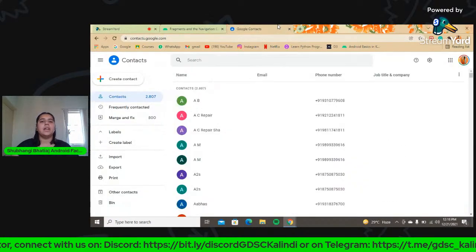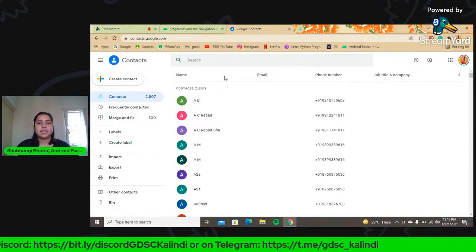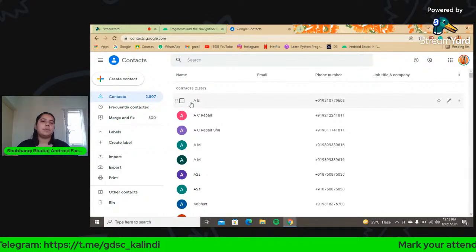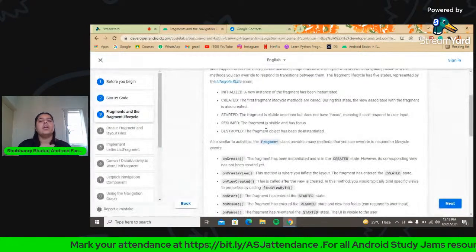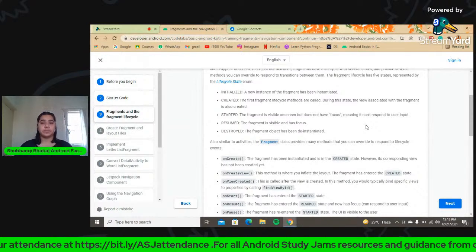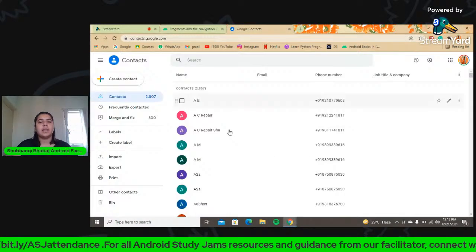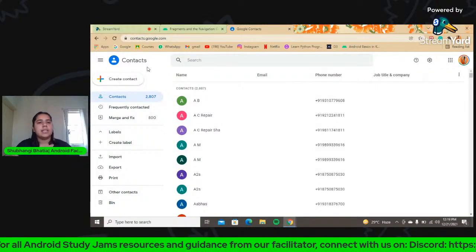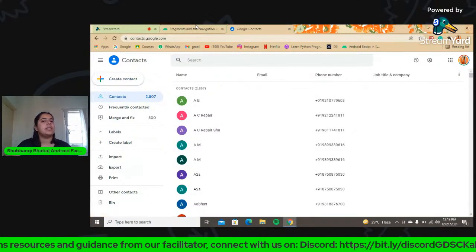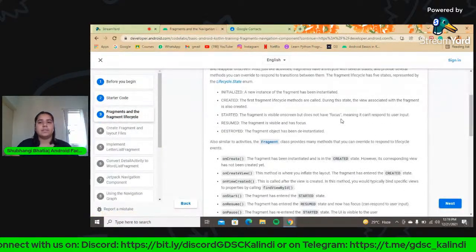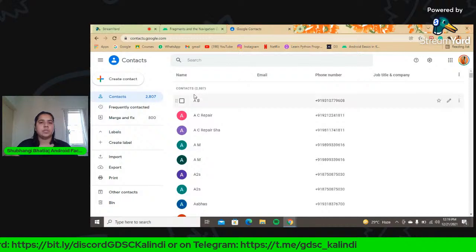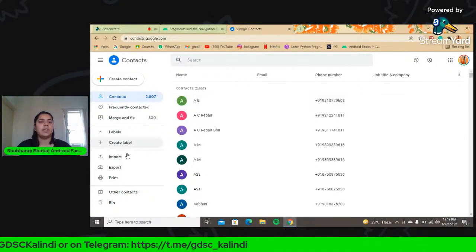माने इस पूरे में अभी ये फ्रैगमेंट स्क्रीन पे विजिबल हो गया, जब तक मैं यहाँ नहीं आई थी इस पे फोकस नहीं था। यू सी अभी एसी रिपेयर पे फोकस नहीं है, इट्स जस्ट विजिबल ऑन द स्क्रीन, नाउ इट हैज फोकस एंड ऊपर वाले पे फोकस चला गया। सो समथिंग लाइक दैट, the fragment is visible on screen but, और अभी जब मैं इसके साथ जो भी कर रही हूँ, this fragment is visible on my screen but it didn't have my focus, now it has my focus. So meaning it can't respond to the user input. तो जब मैं यहाँ हूँ तो कहाँ से respond करेगा, तो मैं गई नहीं।